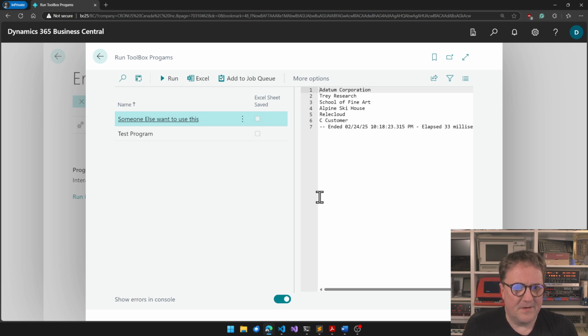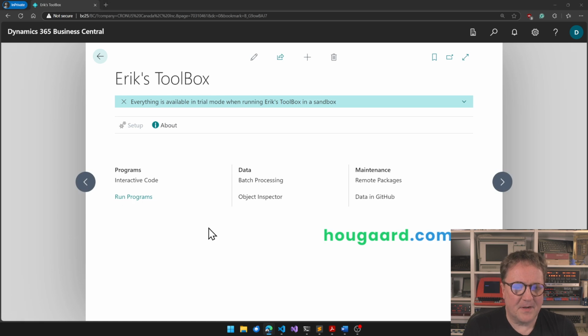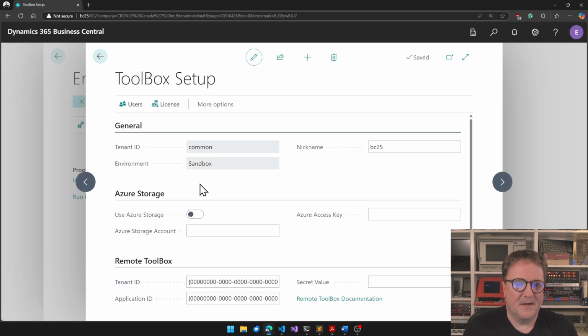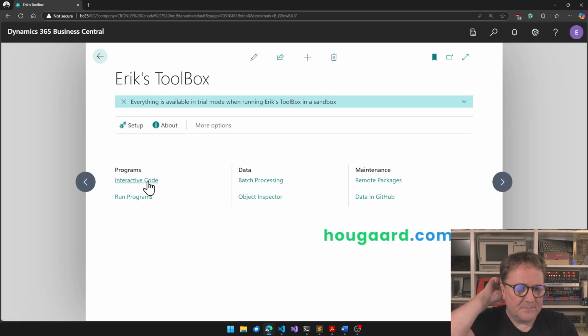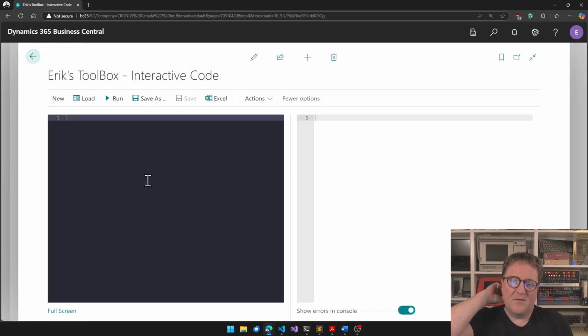But wait, there's more. Let me go back to this guy. So the challenge is now that we don't really have UI per se in the toolbox. So we cannot create a page with fields. But we do have the Excel integration, and the Excel integration has been improved a lot. So the idea behind the Excel integration is that